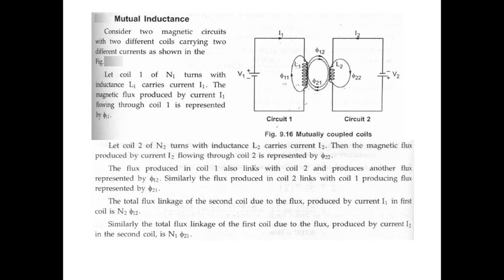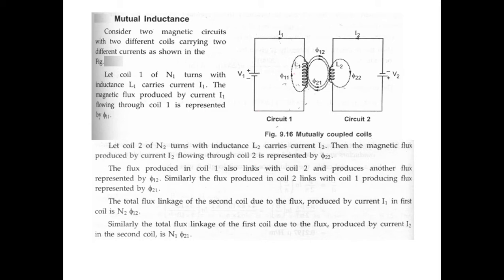So now we'll come to mutual inductance, right? What we discussed so far was only inductance, that is self inductance. When the current is flowing through the coil, the flux is generated, and we found the total flux linkage divided by total current. That gave us the inductance, right? And the flux was changing only because of the current flow in that coil. It is not due to the other coil. But when you have two coils, when the flux changes in one of the coils, it links with the other coil also, right? It is called mutual inductance.